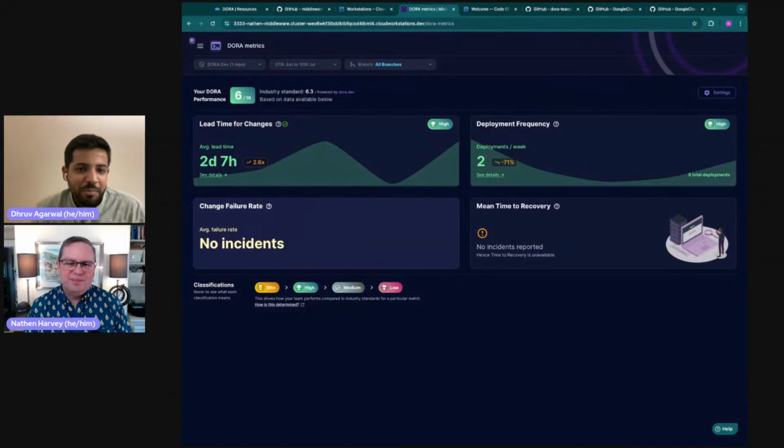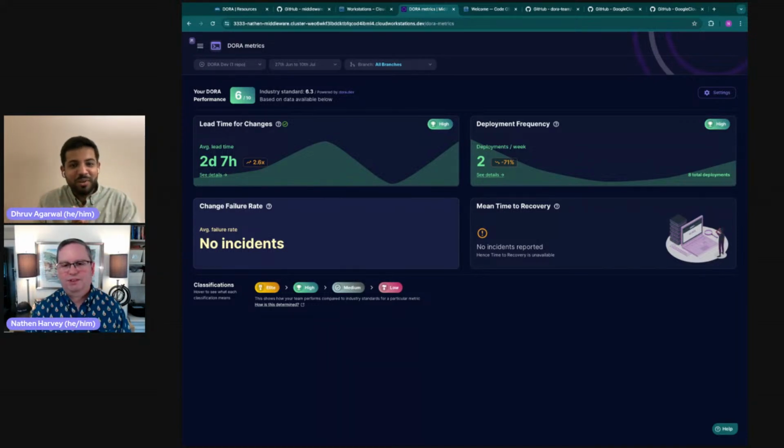In our open source version, what we do by default, and we'll soon add configurations, is we take your reverts and your hotfixes as the failures, because if you see the original document that is written by you on DORA.dev itself, by default, anything that requires a revert or a hotfix is considered a failure, and that's what we take.